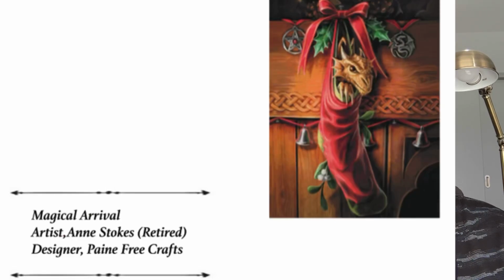I want to do Christmas in July, and my other piece that I have got is a Pain-Free Craft retired pattern by Anne Stokes, which is, I'm going to insert the picture here because I can't remember what it's called. And it's another piece that I've done less than 15%, and I'm thinking, what do I do? I've actually decided, any of my pieces that I've done less than 15%, I've got that Vicaris wreath that I have done